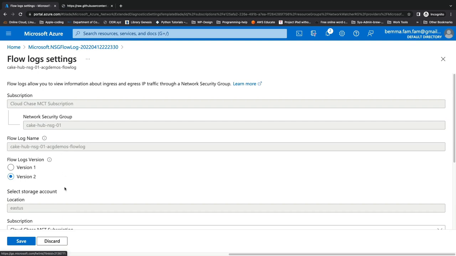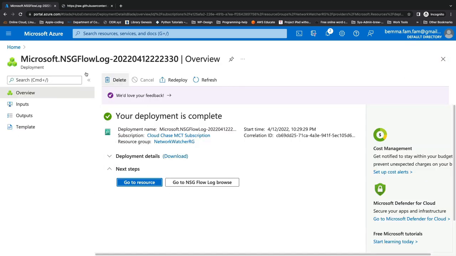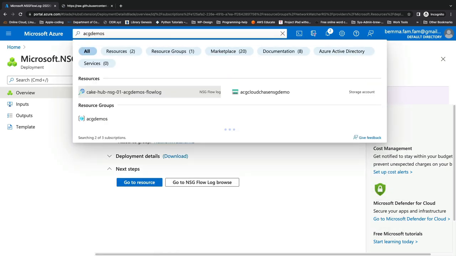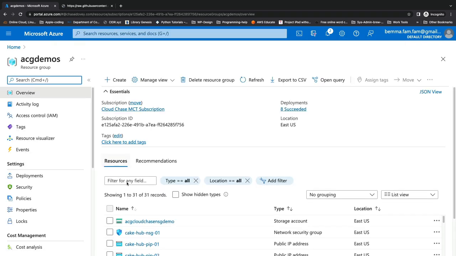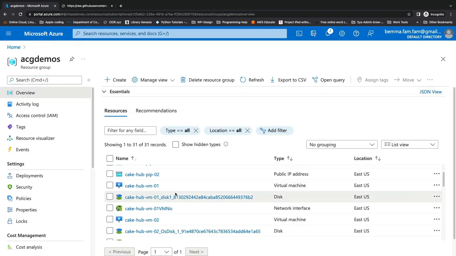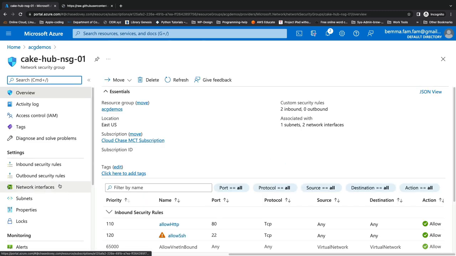But what we'll do at this point is go ahead and back out of this, and go back into the resource group that we were just in. In my case, that's the ACG demos. I'll click into it here, and I'll blow up this screen, and I'll come down to that hub NSG,